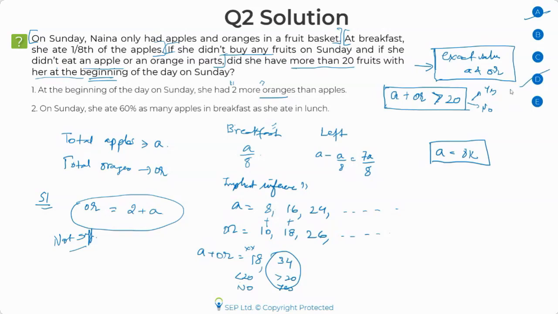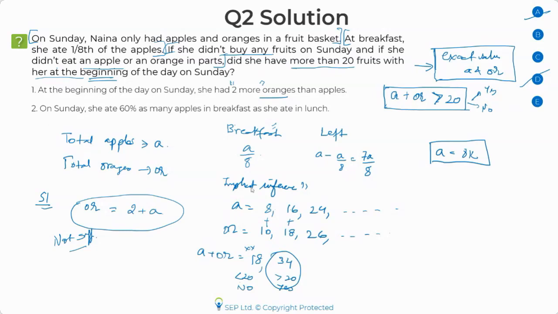Okay, so I'll pause here for about 10 seconds. If there's any query, any doubt in this statement, please feel free to ask. Again, notice taking the variable was easy in this case. You took A and OR, but what to do with that variable is very important. The moment you write A by 8, you should be able to make that inference that it has to be a multiple of 8. Set up some values. Okay. Any doubt at all, guys? If not, then I will move on to the next statement. Okay, I don't see any doubts, which is good.